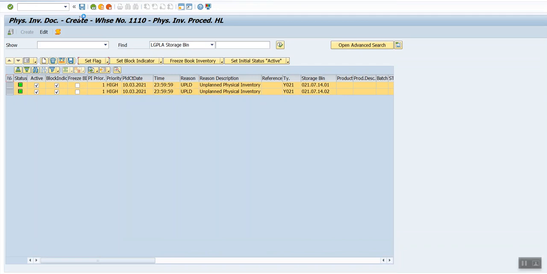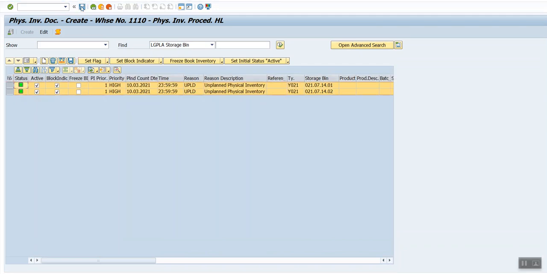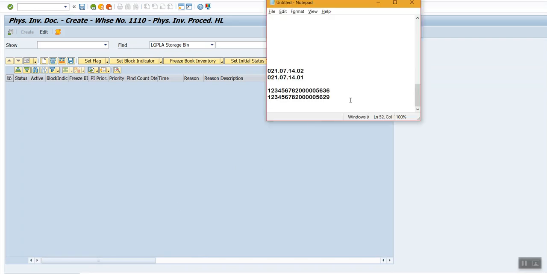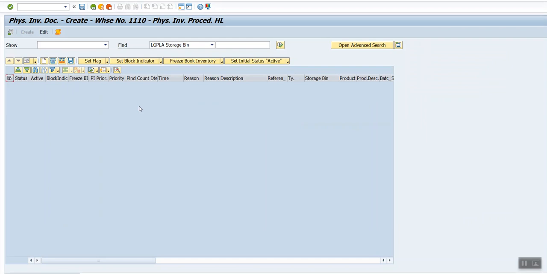Select all, set flag, and save it. So our inventory record number is, sorry, it is not showing up here, so I will put down the number here. 100019 is our inventory record number.